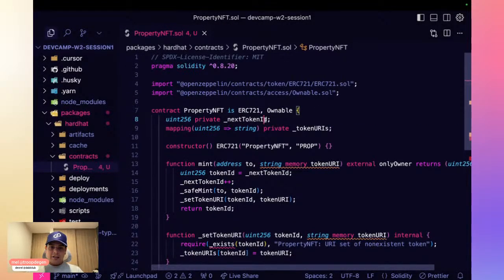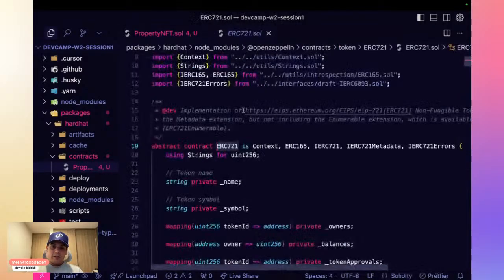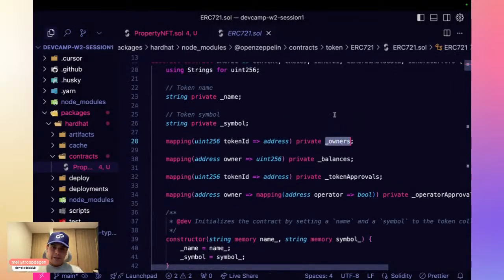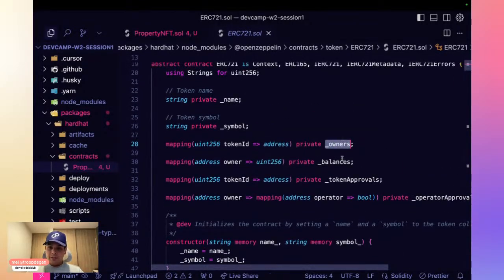The other implementation is Ownable, which allows us to set an owner and use the onlyOwner modifier that, as we saw last week, only allows the owner to call this function. So for the ERC-721, the main functions we're going to need, similar to ERC-20, are to keep track of who the owners of which token are.